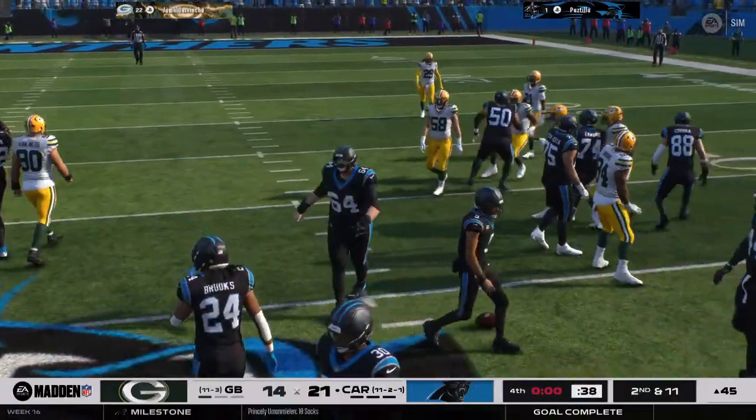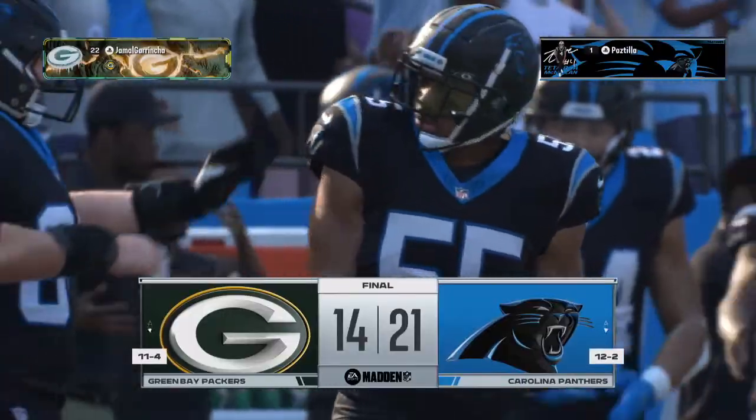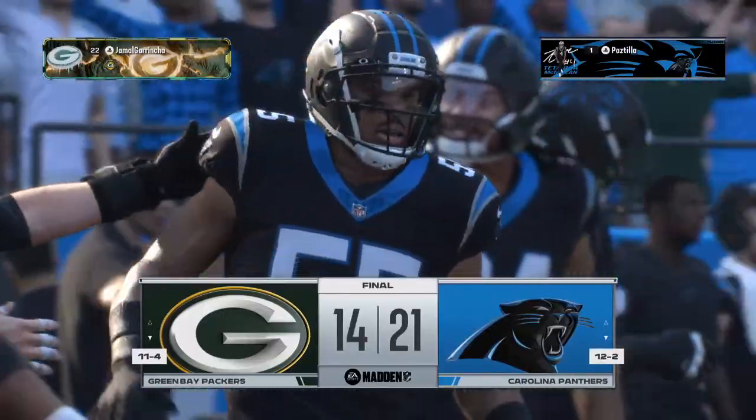Drawing up the design keeper. So the Panthers guard the vault and get the win at home. Well, Brock, we both thought coming into